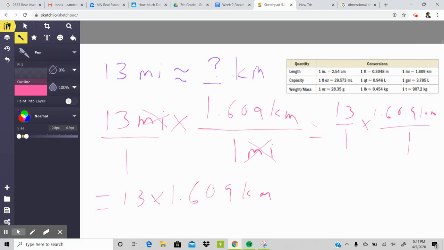So it's roughly equal to 21 kilometers, because the question is asking what 13 miles is roughly equal to. It was really close to 21 kilometers. When you do your assignment later, it's going to say round it to the nearest whole number. The nearest whole number there is 21 kilometers. So 13 miles is roughly equal to